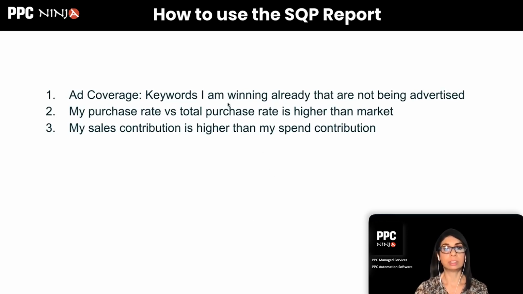These are keywords that I'm already winning, that Amazon is noting in the top 1,000 based on the search query score, and that are not currently being advertised. Those are important ones to pick up from this, and you can do a gap analysis. I'll show you a way that we're using an internal report to come up with this gap analysis. I'll just show it to you in a minute.